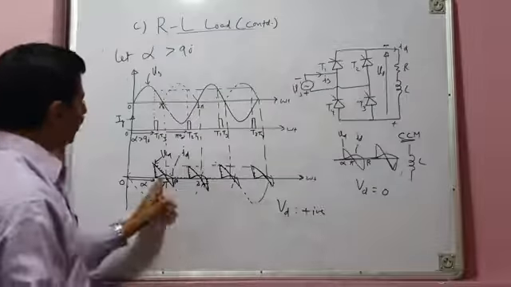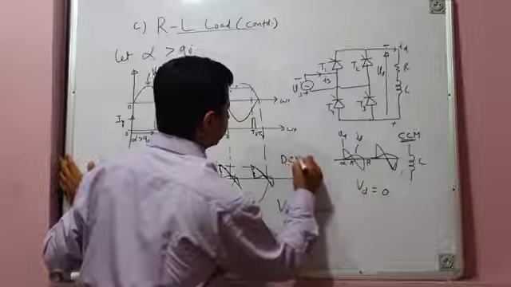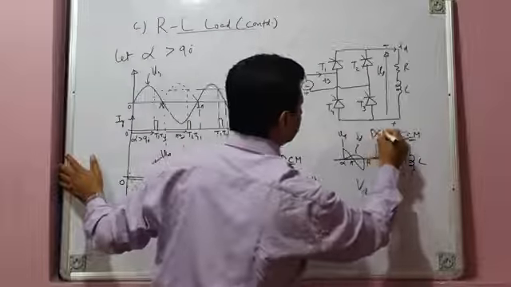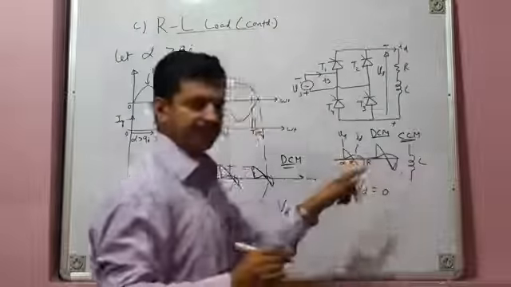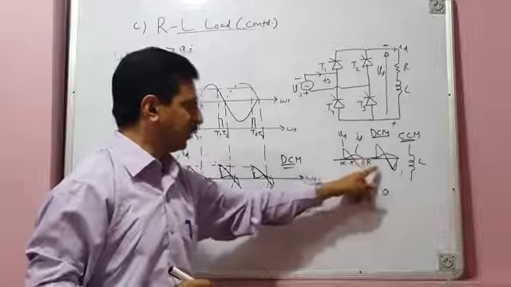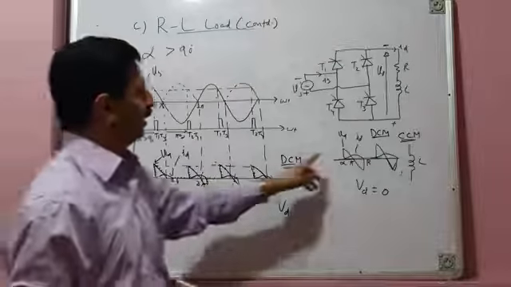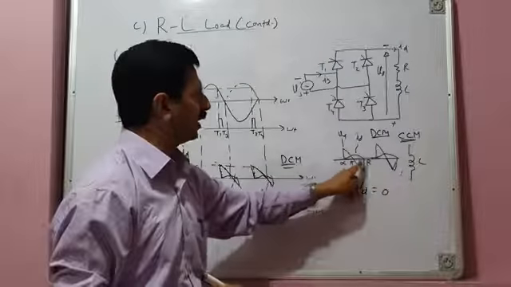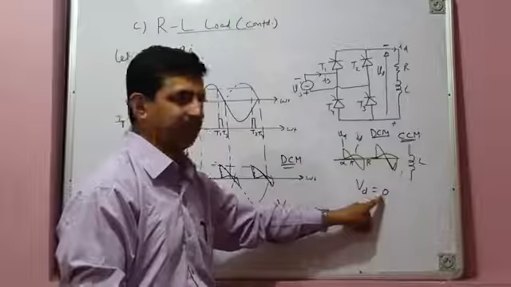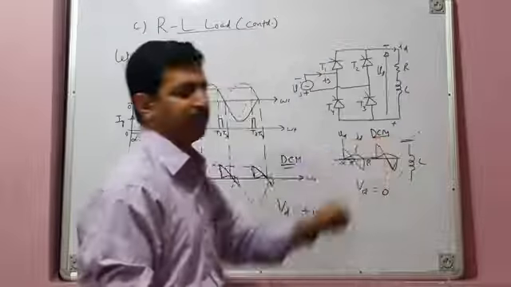And what type of conduction is there? Conduction is discontinuous. This again results in discontinuous conduction mode of operation, and this is true for purely inductive load also. Here also current is discontinuous. The only difference between the load voltage waveforms for a purely inductive load and for RL load is that for purely inductive load, positive and negative volt second areas are equal, and the average load voltage is zero. But current is discontinuous. We have discontinuous conduction mode of operation, DCM.